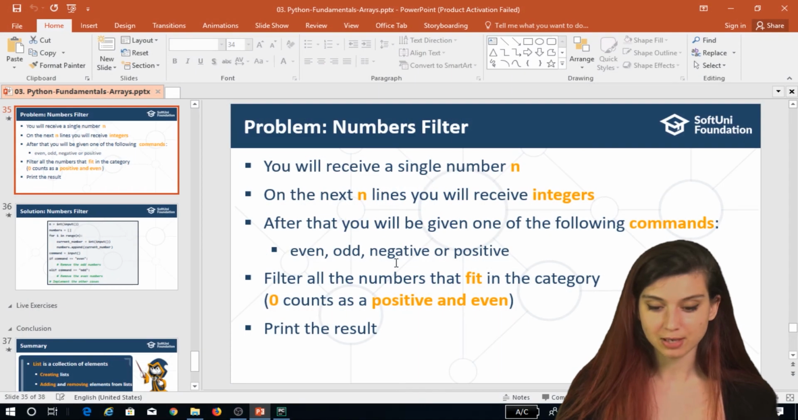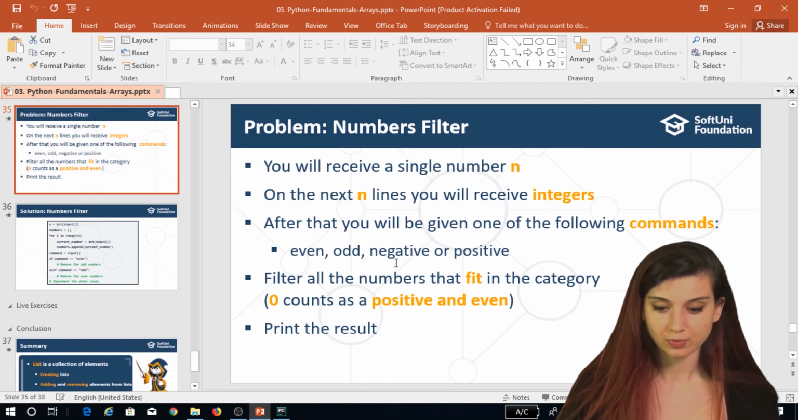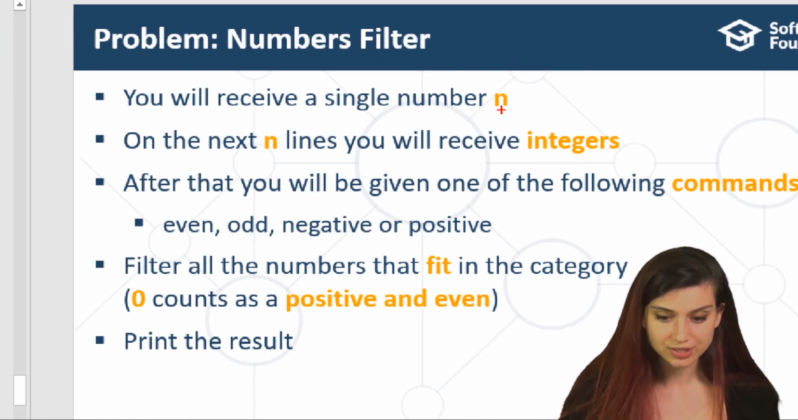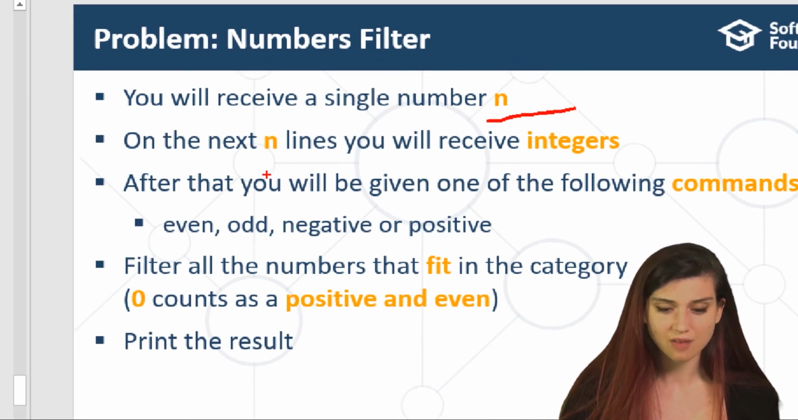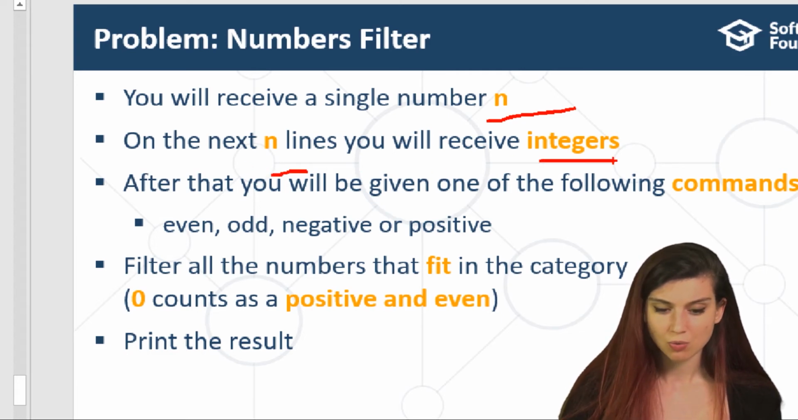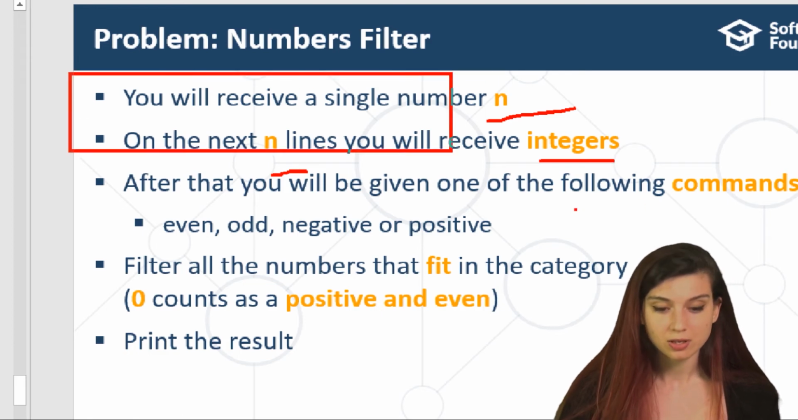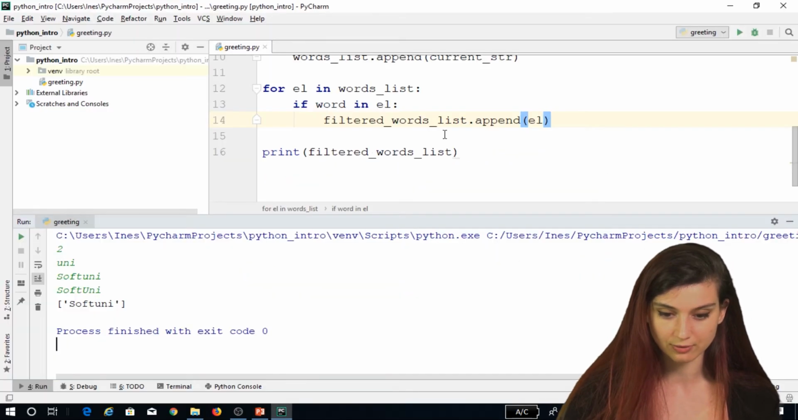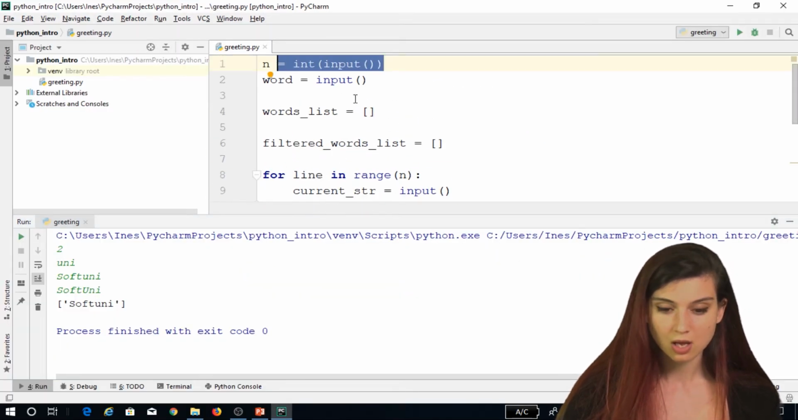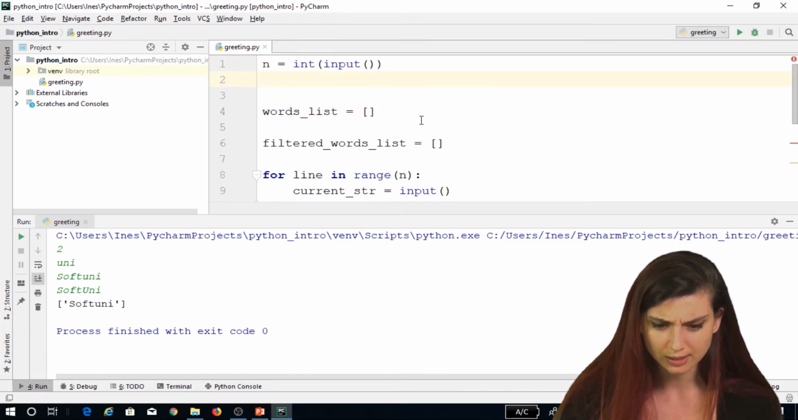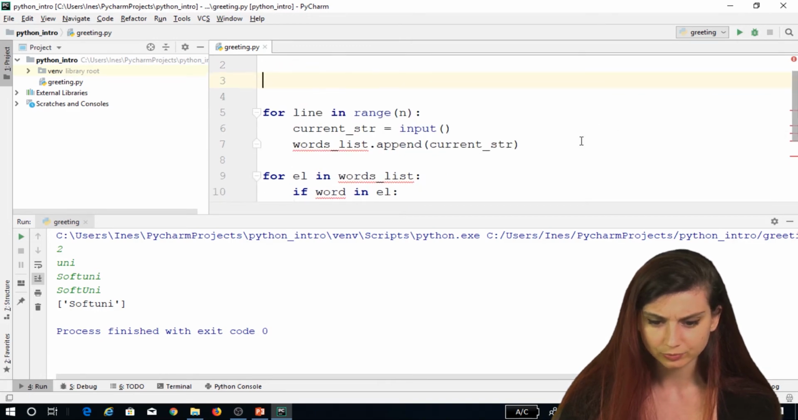Okay, after the break, back to the problem. As you can see here, we have to reuse some lines of code from the previous problems. So right now we once again have this n. After that we have n lines receiving integers. After that we will have to receive a command. Till here we have to solve these lines. Right now we have to write that we will receive an n. We have it. We will not receive a word this time, so I'm going to delete that,